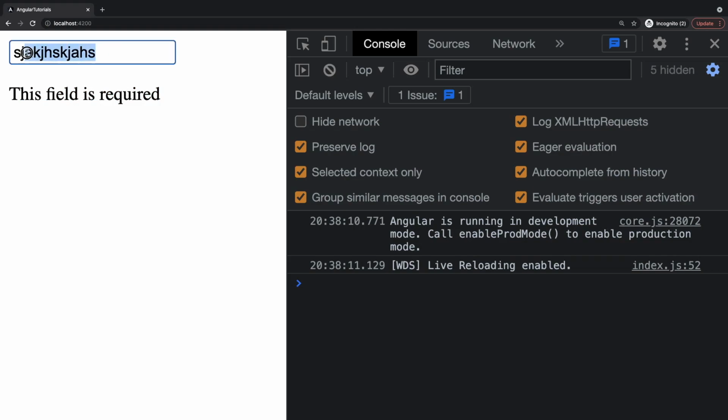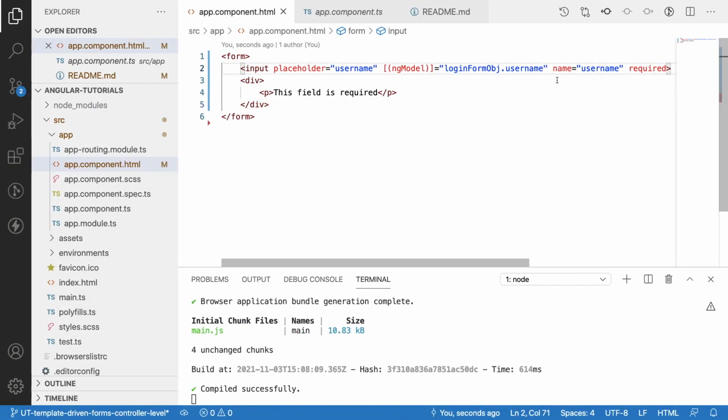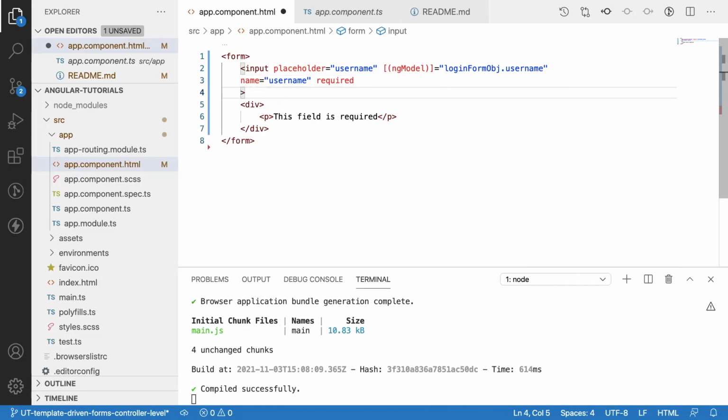That means there is no synchronization or no proper validation happening between our error message as well as the input field. For that sake, we will use some of the properties which are given by Angular by using ng model, and by using those form element properties we can write our conditions for when to show the error message and when not to show it. For that sake, let's create one more property on our element, that is hash. We can give any name like username, and this should be acting as an ng model. So we are creating a variable and we are saying that it should be synced up with our ng model.